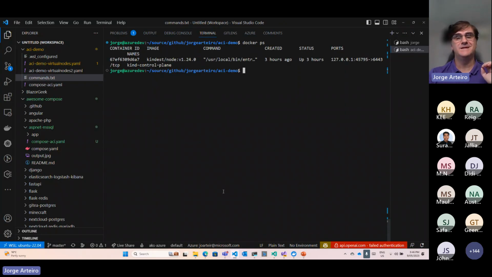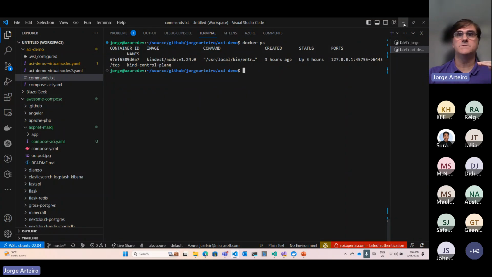Okay. Any questions right there? If you understand what a container is, you need a container image. You need to run that, and to start, it's nice using Docker Desktop. You can run your containers locally. You can use Docker Context to run that on Azure Container Instance, and that's the first way that you learn how to use containers.